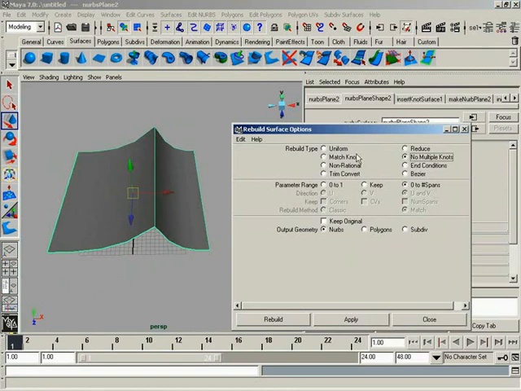Oh, by the way, just one quick thing. When you're matching knots, remember, you can adjust your parameter range. You can still, of course, control the direction of the rebuild. You can choose to keep corners and CVs. So if anything you still see lit up, of course, you still have access to. So back to no